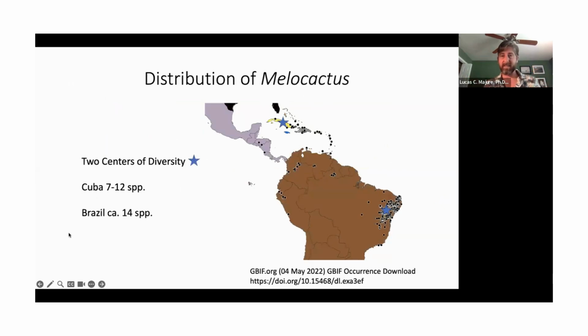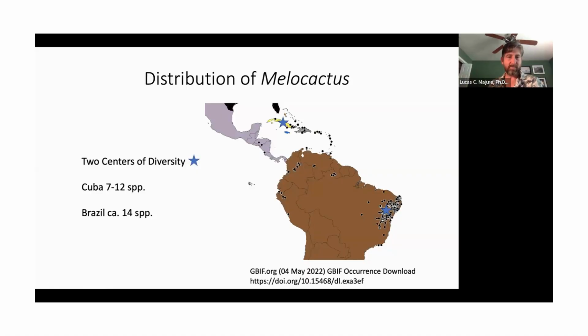Okay, so now let's look at the distribution of Melocactus. This is a map that I put together a couple of years ago. We have more points for these now. I don't have a point in Mexico, which I should, because Melocactus curvispinus occurs in Mexico, and Melocactus caroli-linnaei occurs in Jamaica. But what you can essentially see here is a broad distribution of points in eastern Brazil, because that's one of the centers of diversity of this genus. And then you see points scattered throughout the Caribbean, and quite a number of points on the island of Cuba, because that's another center of diversity.